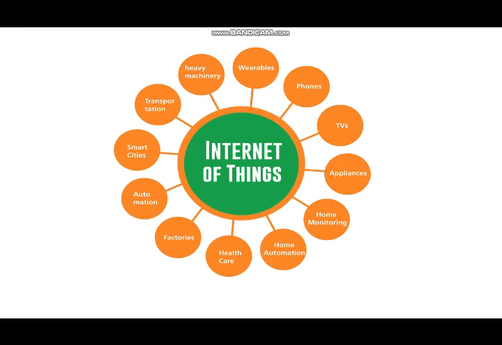TVs. Now we have TVs connected with the internet. They have YouTube, Netflix also, and many appliances. Many of the appliances are used with the internet, like automatic switching, an automatic fan which uses a moisture or PIR sensor, which can calculate the